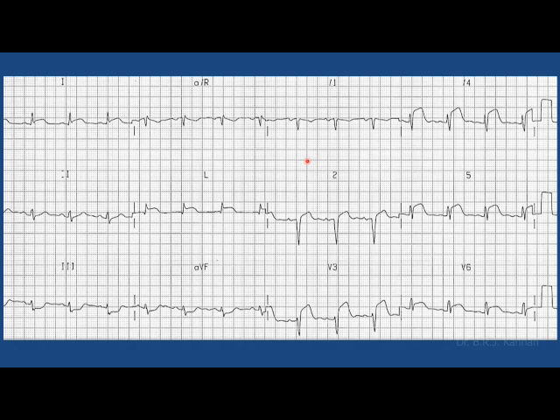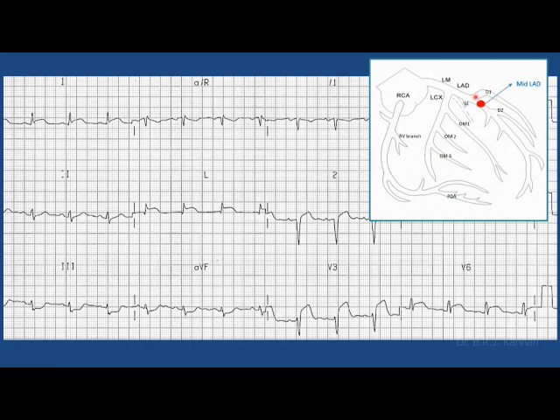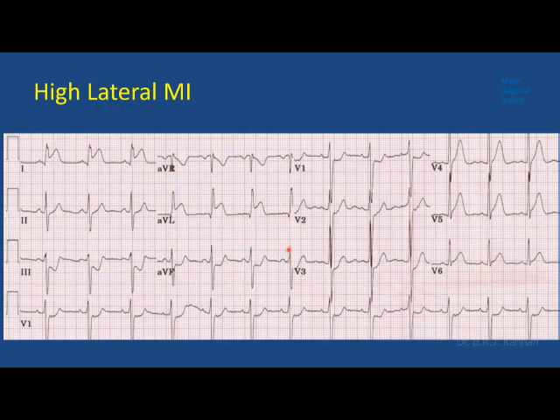So where will be the lesion in this patient? Here, in the previous ECG I put the dot here, now the dot is here. It is in the mid LAD. That means in this patient the S1 has escaped, probably the diagonal has escaped, and the patient is having the lesion in the mid LAD.